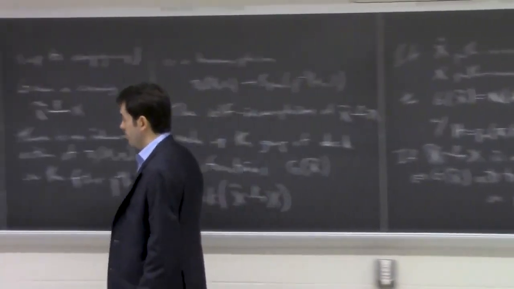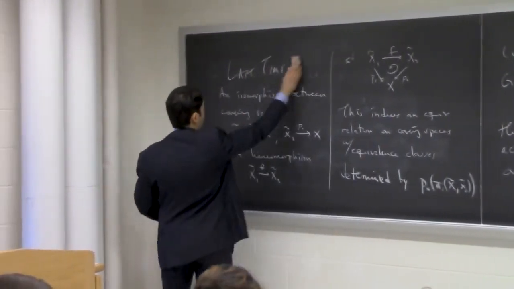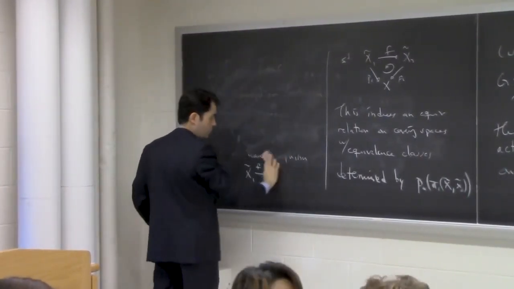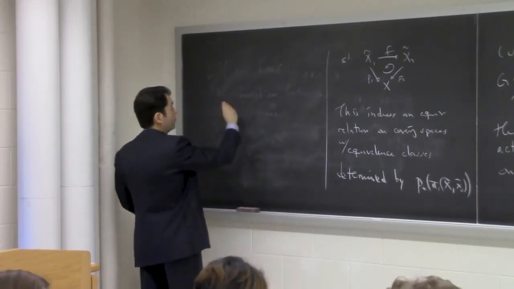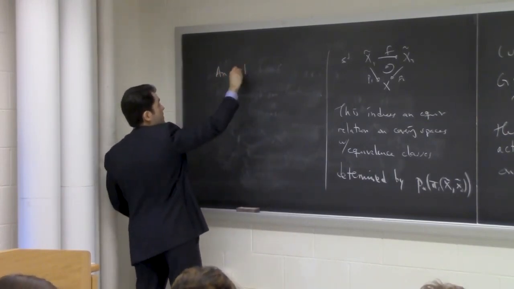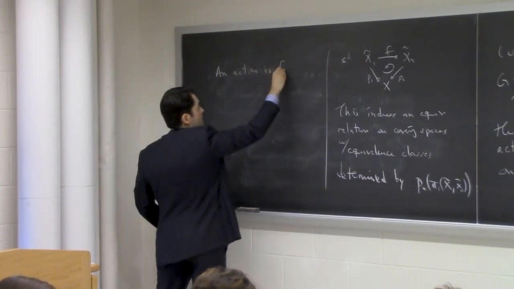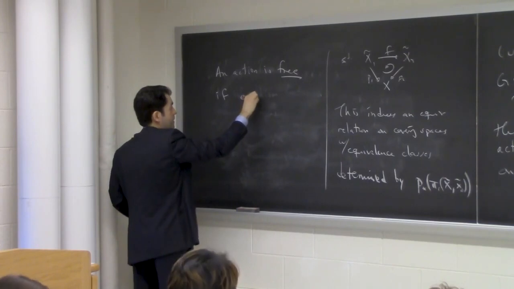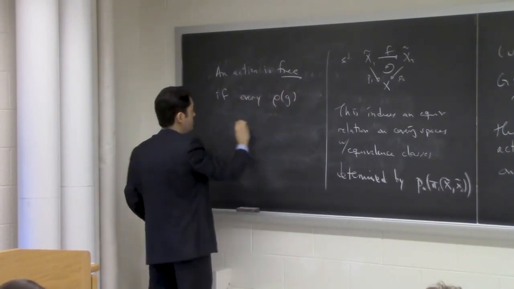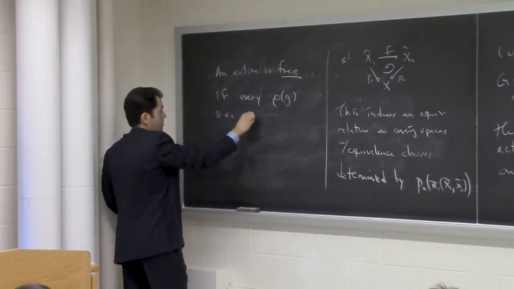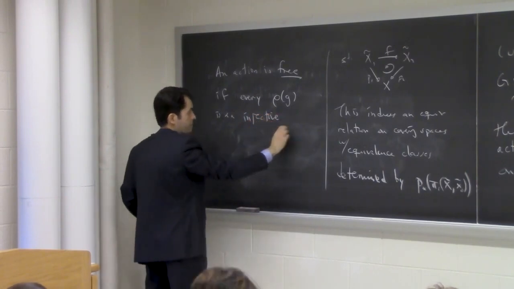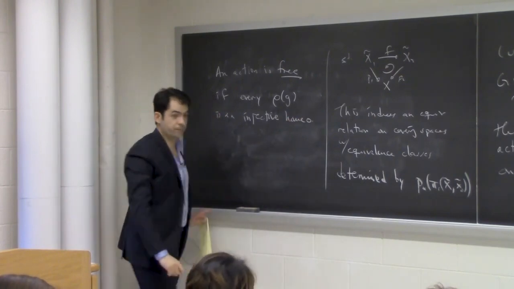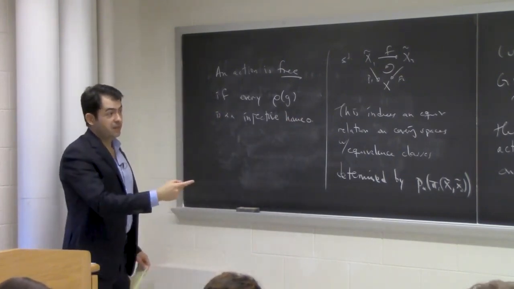The most important property you see for a group action usually is whether or not it's free. So an action is free if every rho of G is an injective homeomorphism. Okay, so notice effective means that